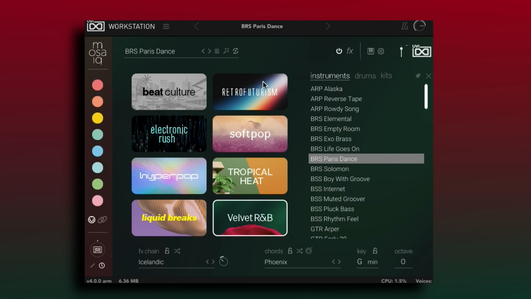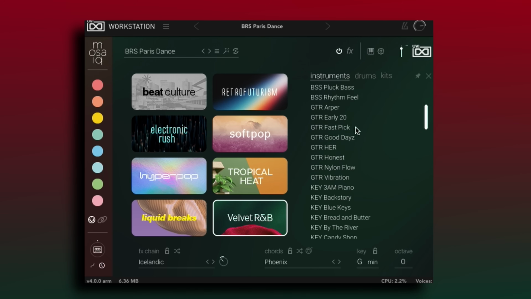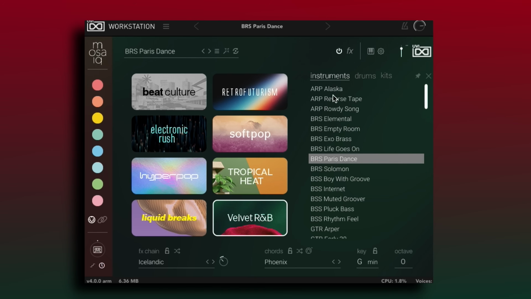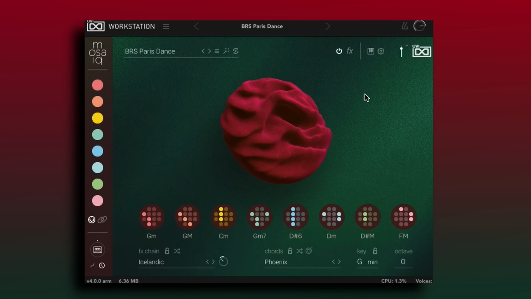It comes with a few different genres here: beat culture, soft pop, hyper pop, tropical heat, liquid breaks, velvet R&B, and a ton of presets to go through. You have instruments, drums, and then kits. What I love about this is that you can just simply press one key and